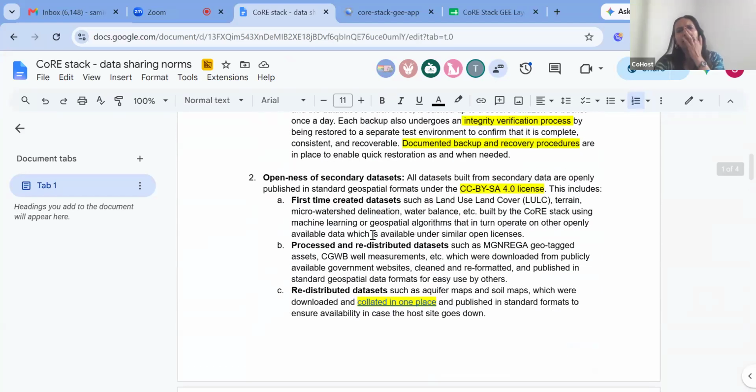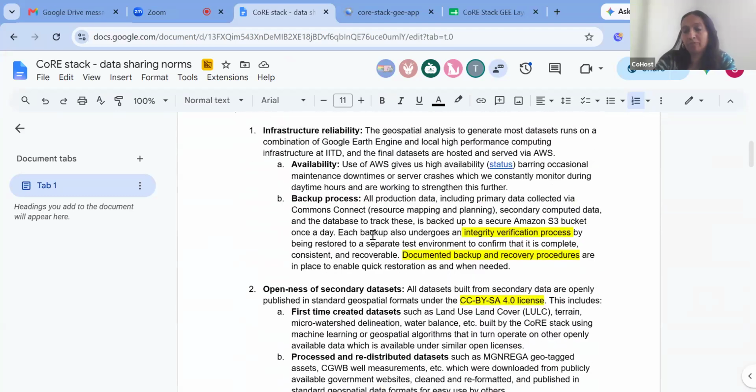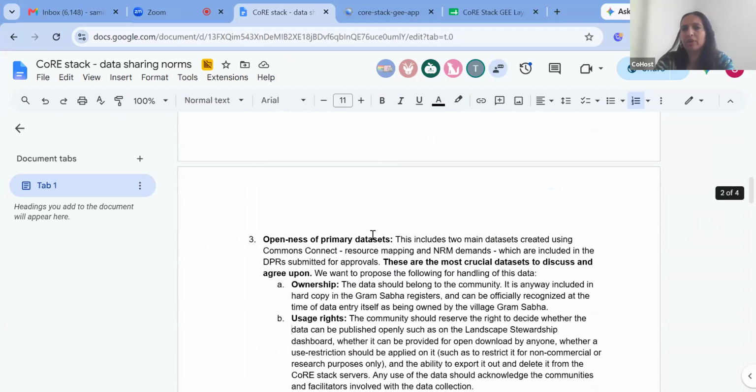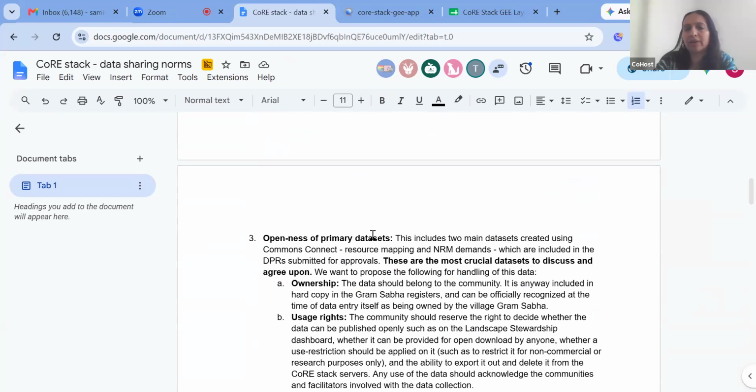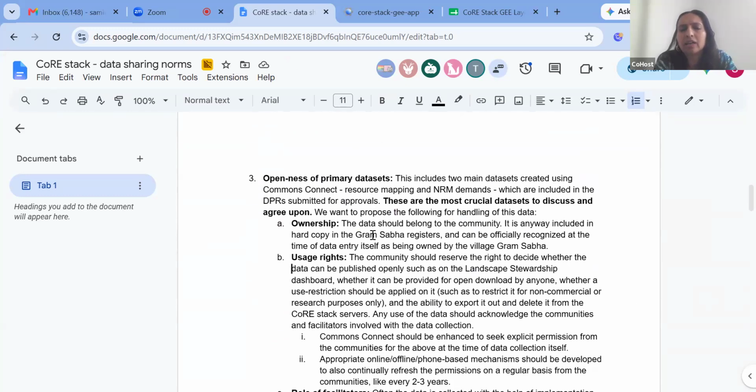So I think the first two are preliminary, very important parts before we directly jump into the governance framework. The third point is the most crucial, and it would be very important to learn from the organizations who have been working on the ground for a decade or more. So how do we ensure the openness of these primary datasets? Because, as I was explaining in my opening statements, we are trying to collect some